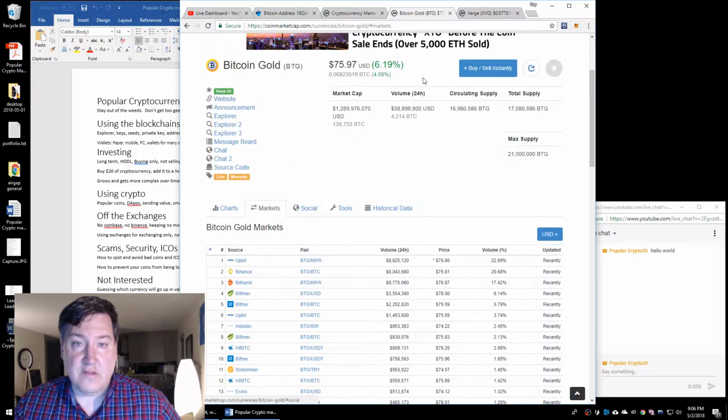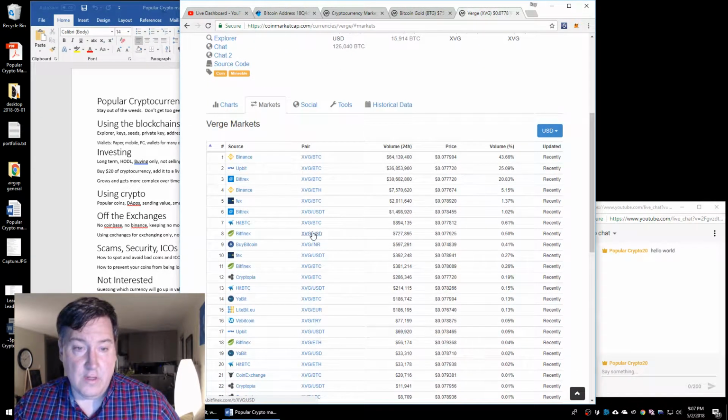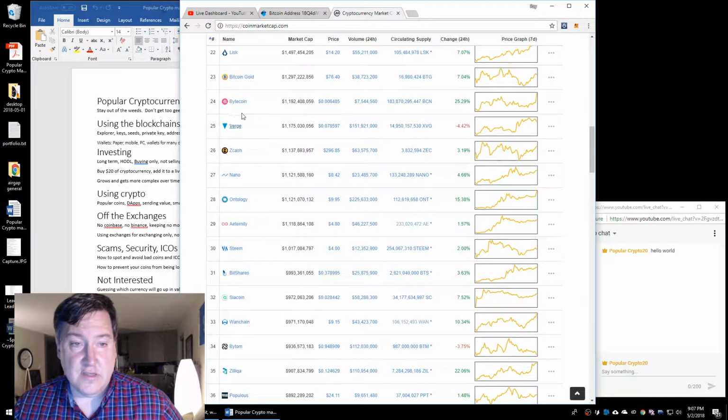So, you know, this is one of the coins. You go now to the next coin below it, and you look for over $1 million in volume, and you get the same names: Bittrex, Binance. Binance is the number one on this one, Upbit. So there's just no comparison. There's no reason to put money on Bytecoin when trusted, high volume exchanges know about Bytecoin,